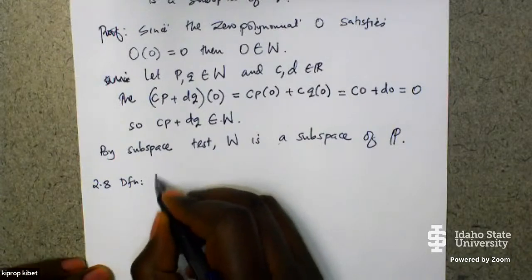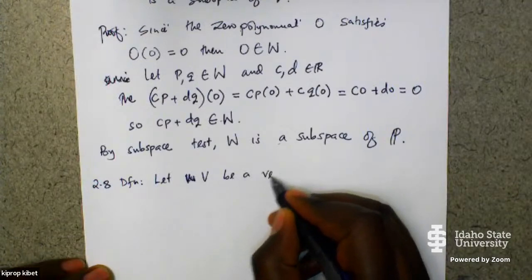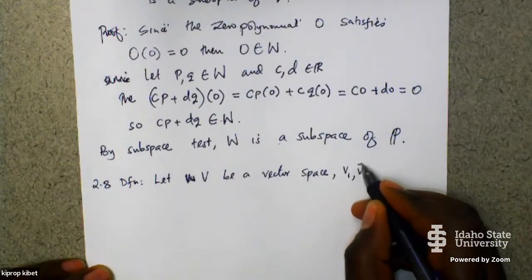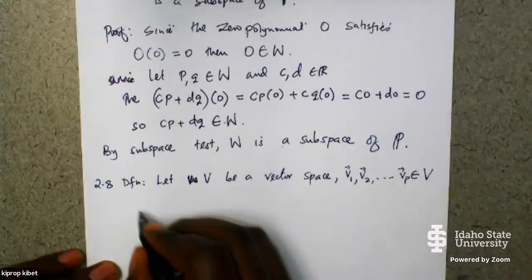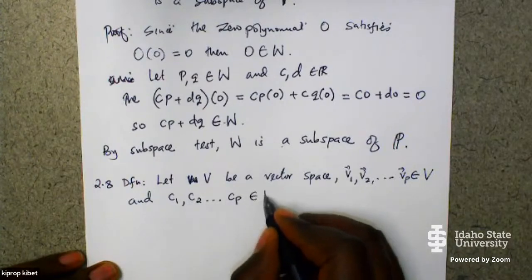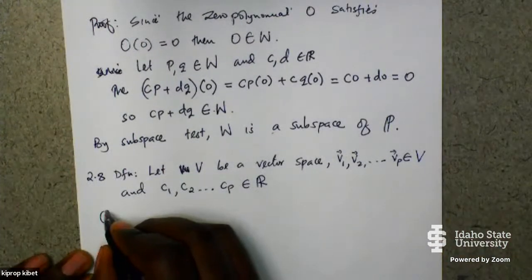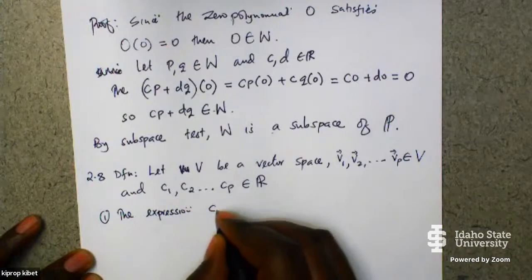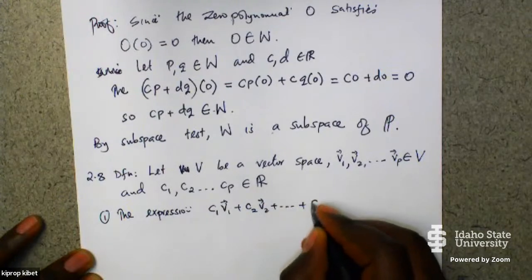If we let V, the capital V, be a vector space, V1, V2, all the way to VP, vectors that are elements of V, and C1, C2, all the way to CP, elements of the real numbers, and these are weights, then one, the expression C1 V1 plus C2 V2 plus CP VP